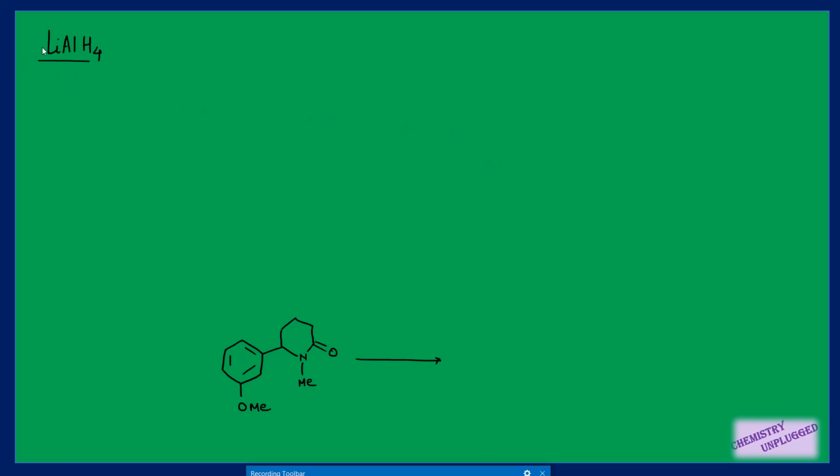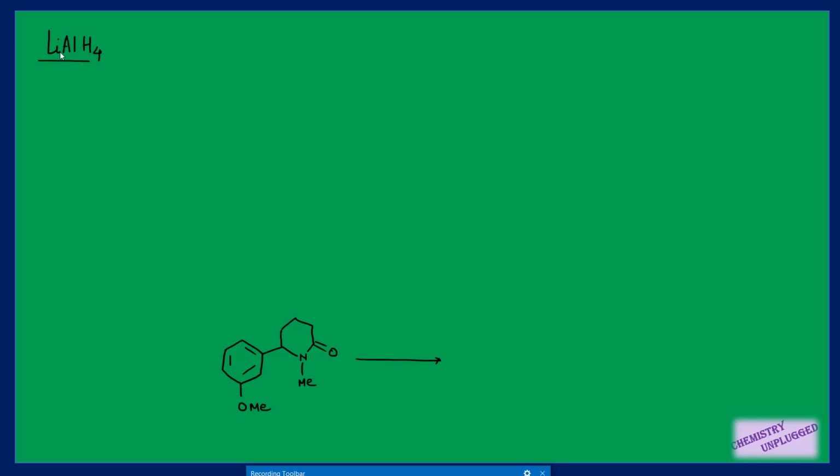So in this part we are going to take some reducing agents, hydride transfer reducing agents. Basically we are going to take lithium aluminium hydride and sodium borohydride. We will see how we can synthesize other different reagents using lithium aluminium hydride and sodium borohydride. I have also made several videos on these two topics, but in this one I will try to give you only some important points which will be helpful to you during exams.